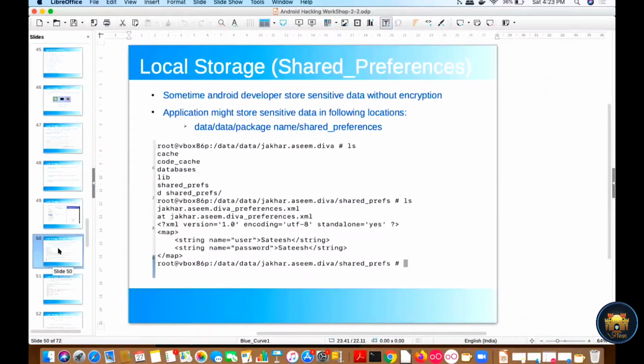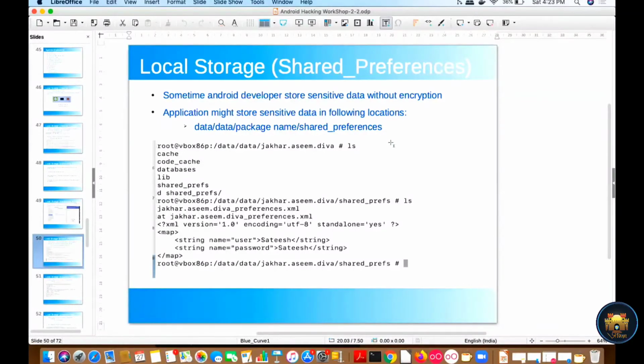So the next one is local storage. Sometimes, when you install your application on your device and perform any activity in it, the application stores sensitive information in the shared preferences folder. So we need to check this local storage, the shared preferences folder, and this shared preferences file can be located in data, the package name, and the shared preferences folder.